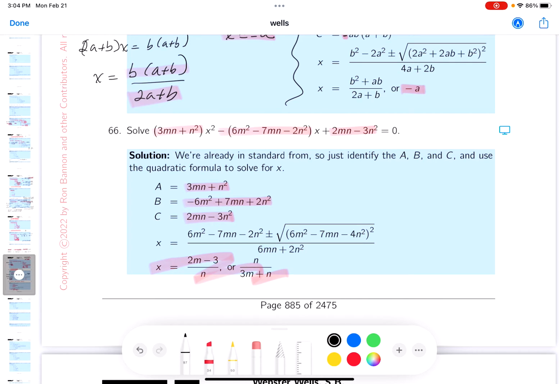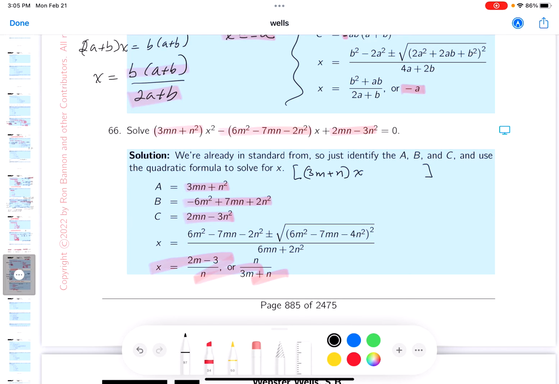Now, I think probably you know what I'm going to try to do. I am going to try to factor that. Granted, I do want to point out, later you're going to start to realize that using the quadratic formula is a really easy way to factor a problem. But it kind of precludes the fact that, and I'm not saying it's an easy factorization problem, but it's going to be 3m plus n